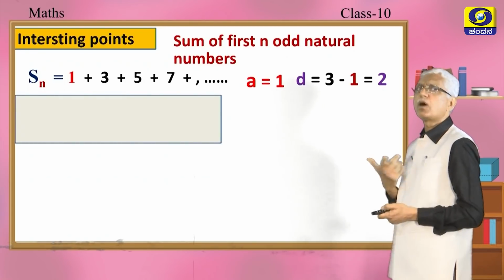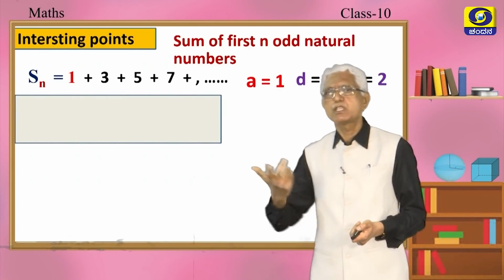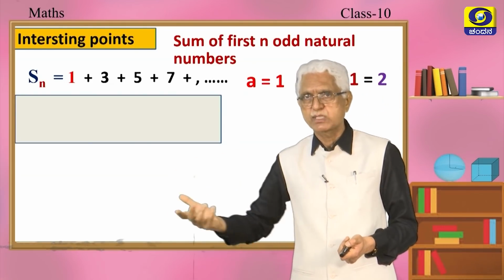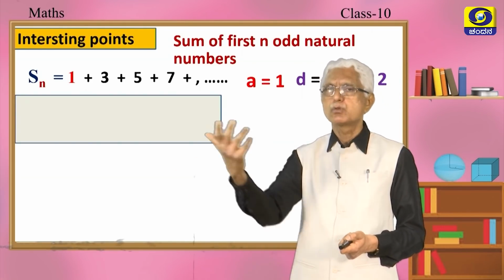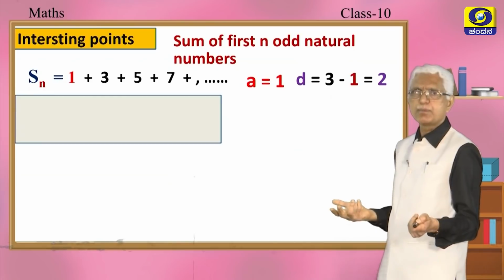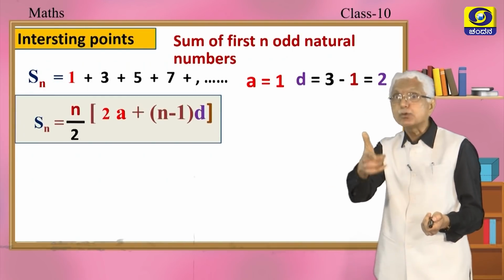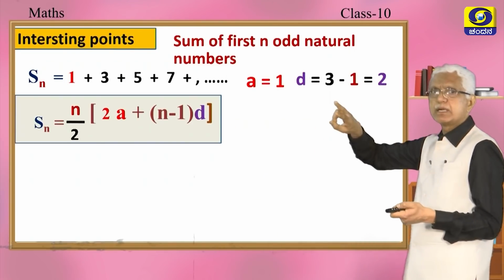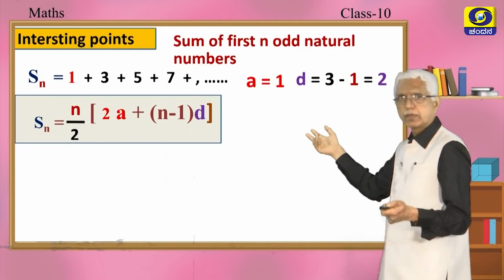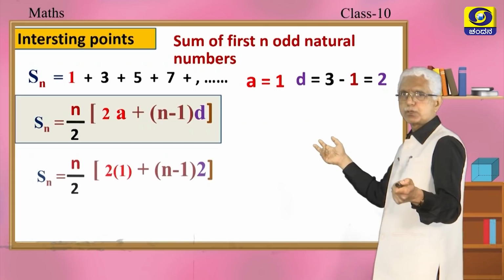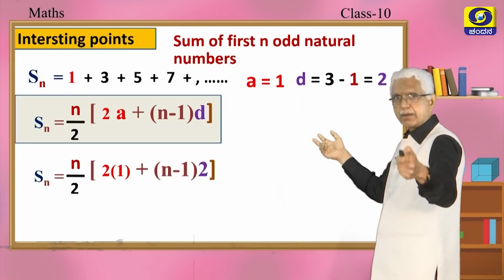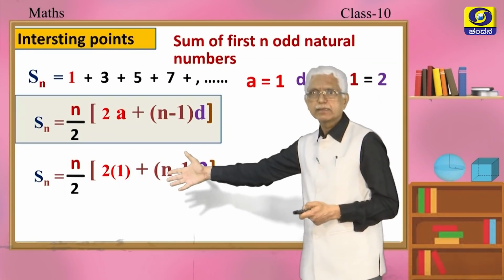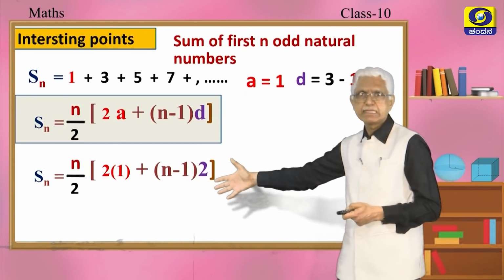And if you want to find the sum of this series, which formula are you going to use? Are you going to use Sn is equal to n by 2 into (a plus l)? You will not, because you do not know n. Probably I will be using n by 2 into (2a plus (n minus 1) into d), because I know the first term is 1 and the common difference is 3 minus 1, which is equal to 2, right. So, Sn is equal to n by 2 into (2a plus (n minus 1) into d), where a is nothing but 1, correct, and d is nothing but 2.